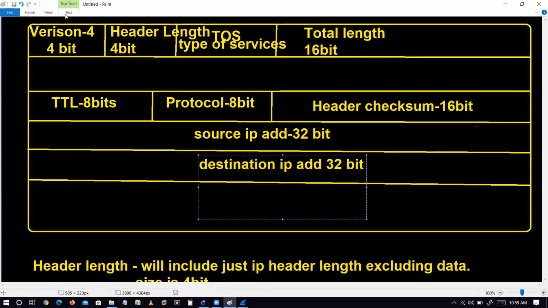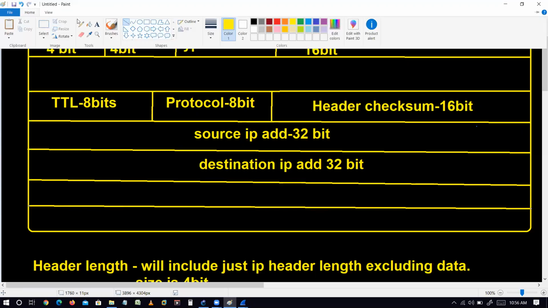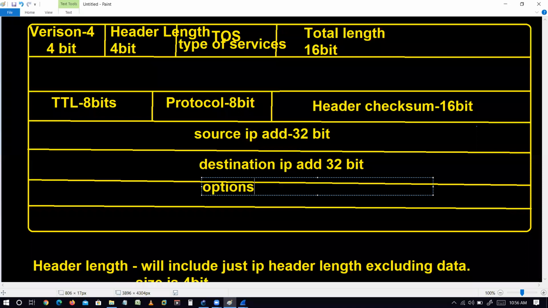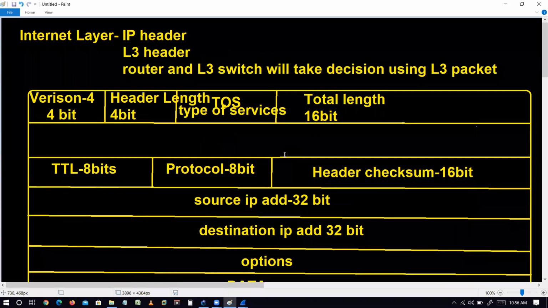And then finally, it will add some options. If you want to send extra information, then it will add options. About the options, once we start the routing protocols, we can see those options, okay? It will add the options if it has any, and then finally it will add the data. Now we'll explain what we have in these fields. Just tell me, any doubt in these things? Because now this line will be the main part of this IP header, a very main part, okay?